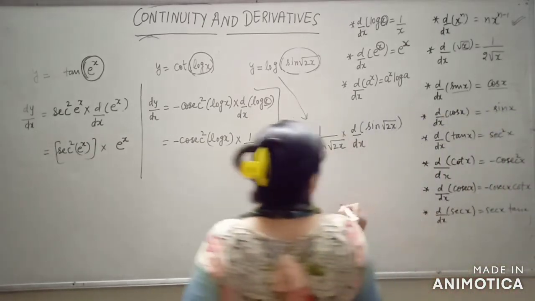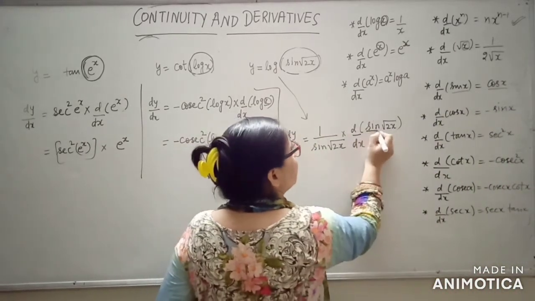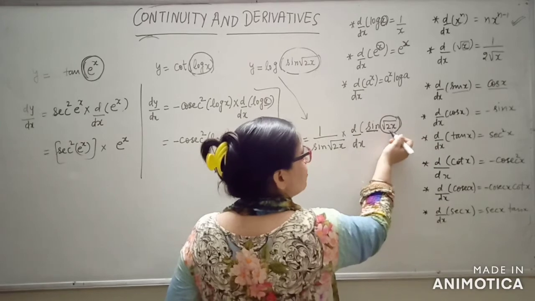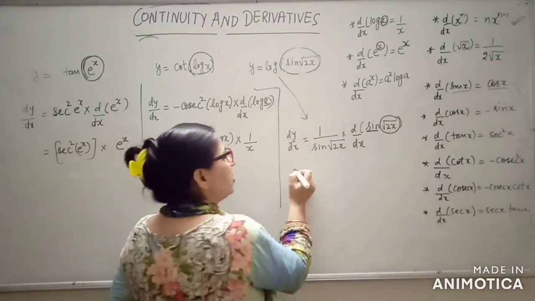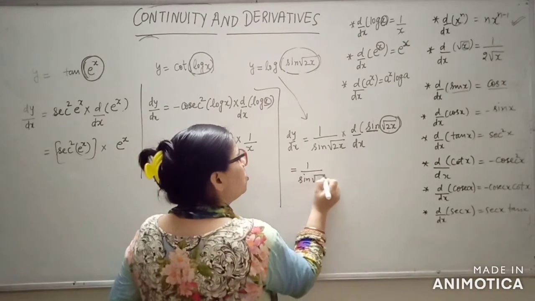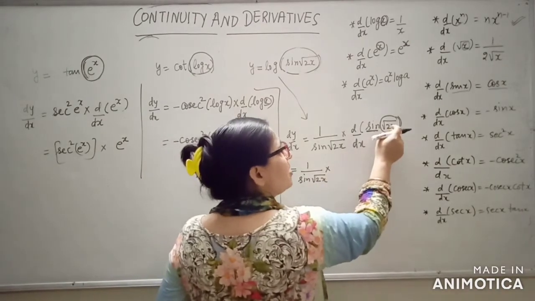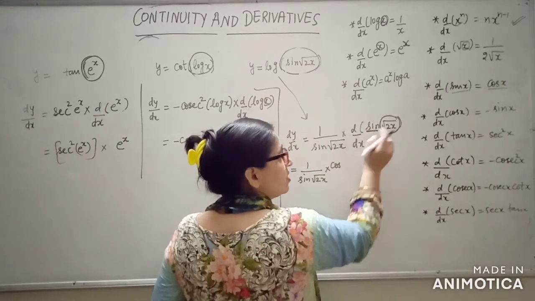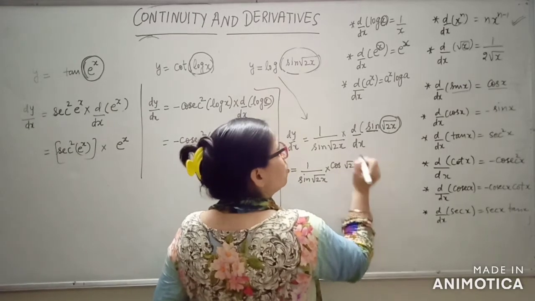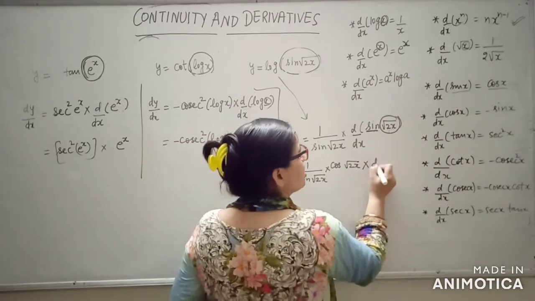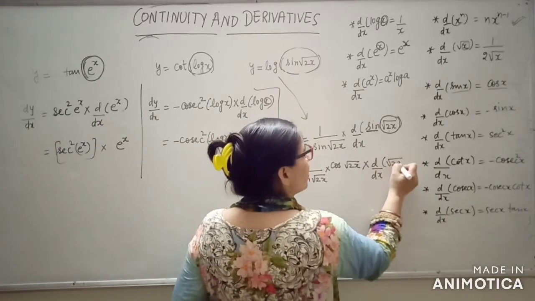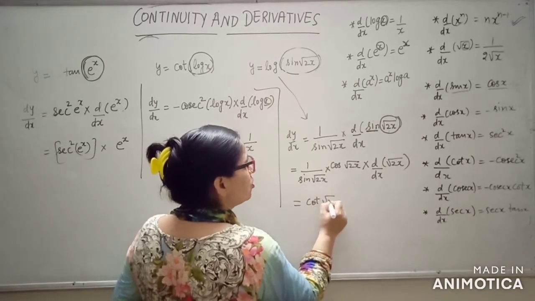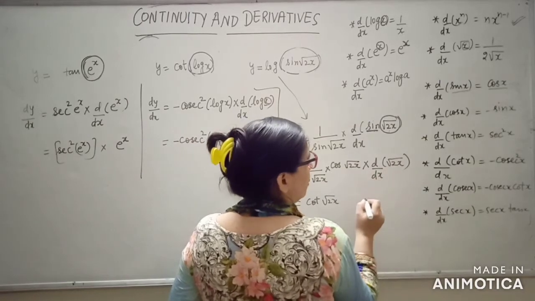Okay, now we will take the derivative of this, in which we will take the derivative of sin. The derivative of sin x we know, the basic formula is cos x, so if it is not x, whatever is there, consider it as your x. So it would become 1 upon sin root 2x into, now suppose this is x, so the formula for the derivative of sin is cos of whatever is with it, into the derivative of what you supposed to be x, dy by dx of root 2x. So what has this become? cos root 2x upon sin root 2x, that is cot root 2x, into dy by dx of root 2x.